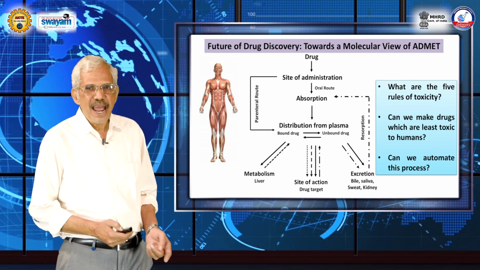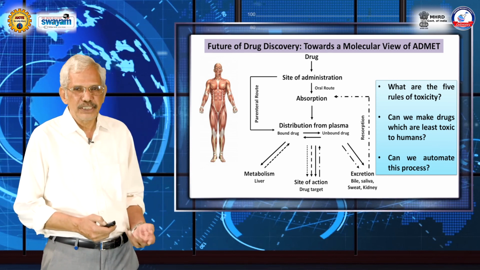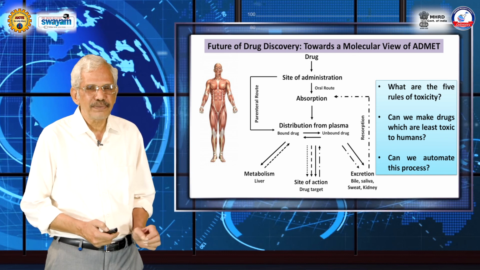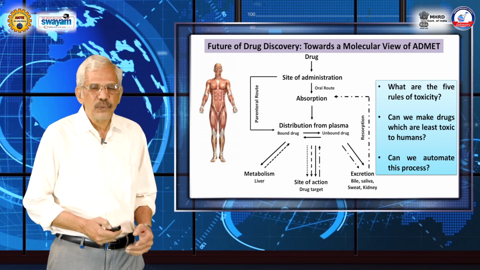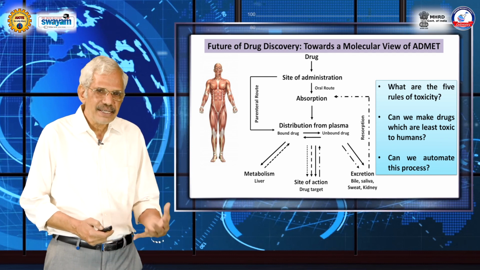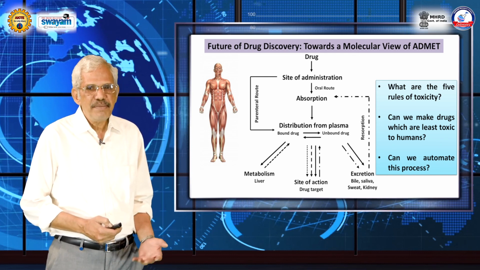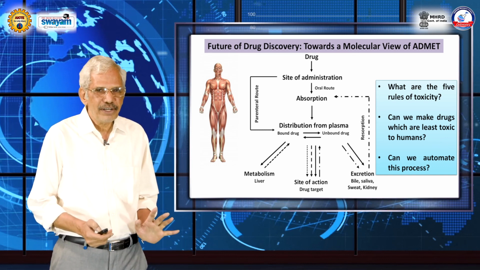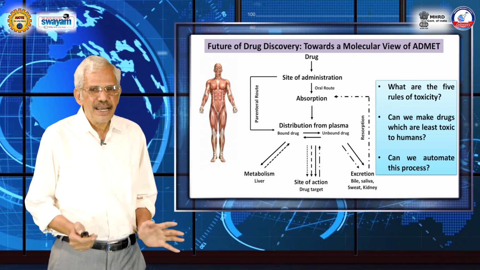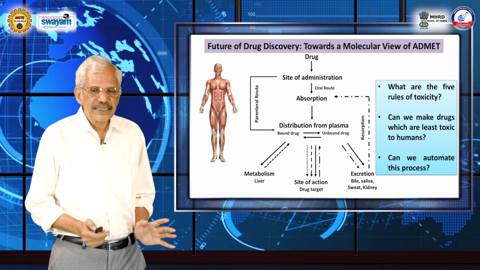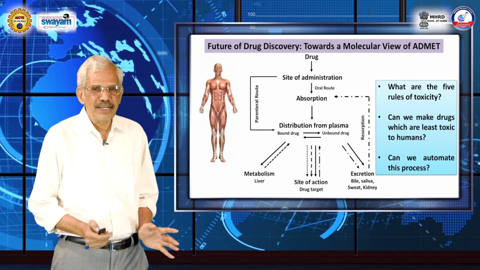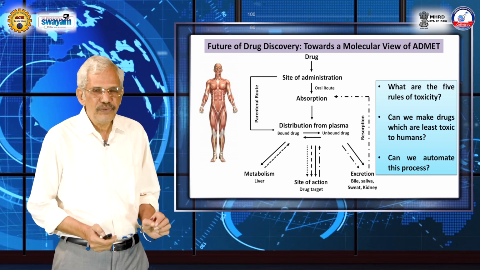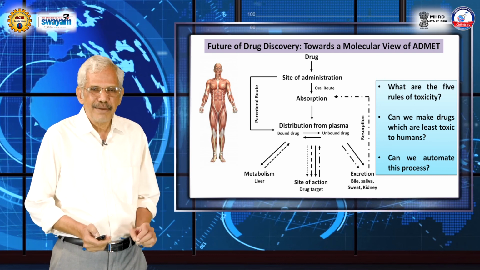Well, I would say that ADMET, that is absorption, distribution, metabolism, excretion, toxicity. ADME is under control. T, the last letter, is not in control. So what are those rules of toxicity? We have some ideas on what toxicity can be due to, but it's not fully conquered yet. Affinity and specificity from a delta G point of view are taken care of. What is not taken care of as yet, and why this drug discovery endeavor is taking such a long time, like 14 years and $2.6 billion, is because of toxicity. So if you can take care of toxicity, I think you have helped mankind in a big way.